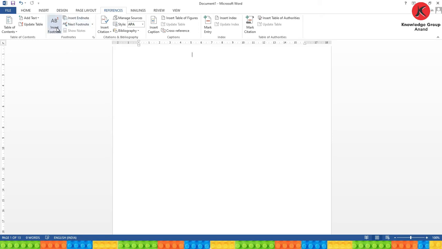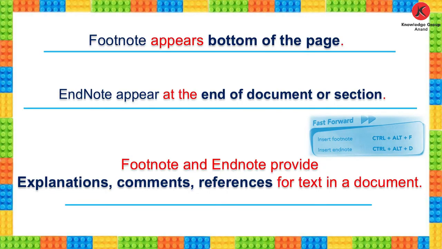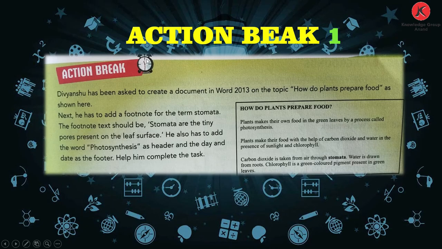Now first we are going to do an exercise, and it is given on page number 59. You can see here on page 59, a particular student has been asked to write how plants prepare food. We have to type a paragraph. In the paragraph, he has to add a footnote for the term stomata.